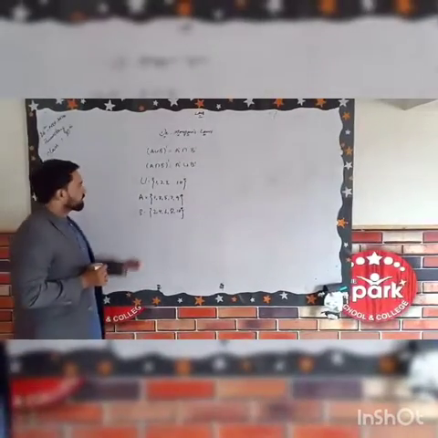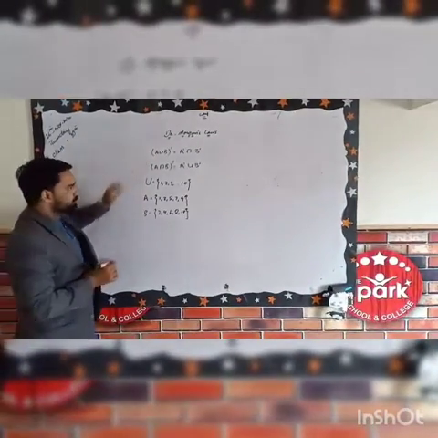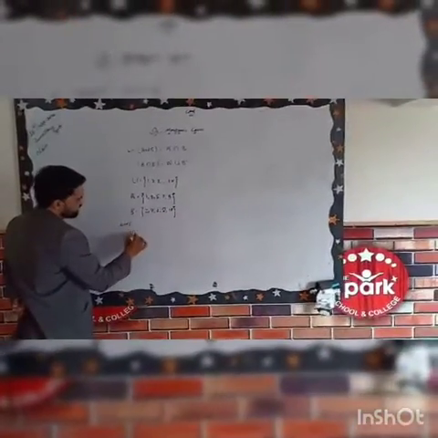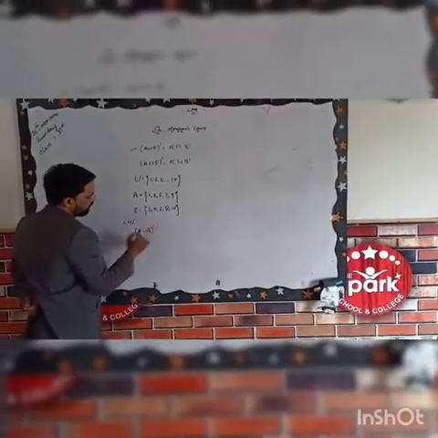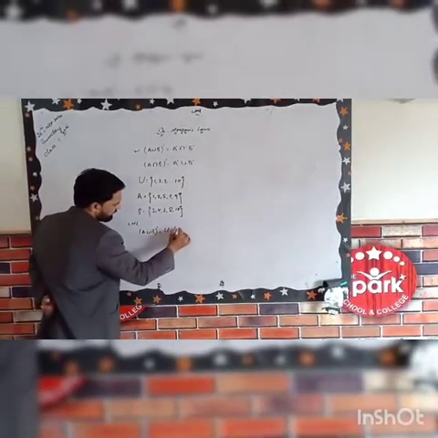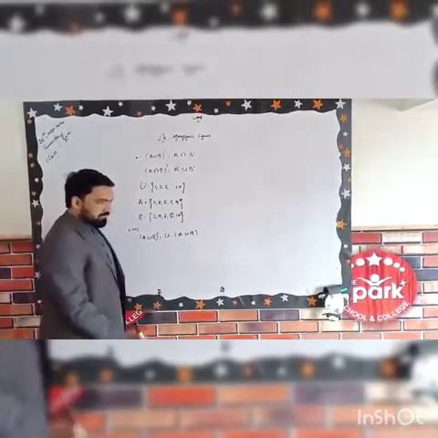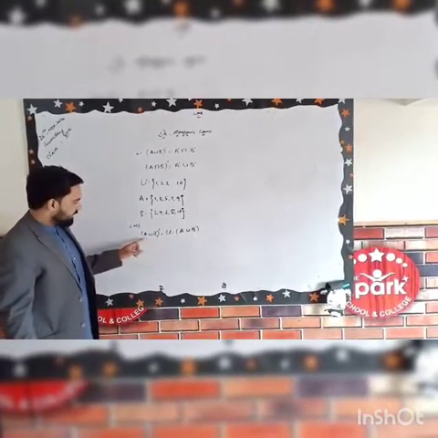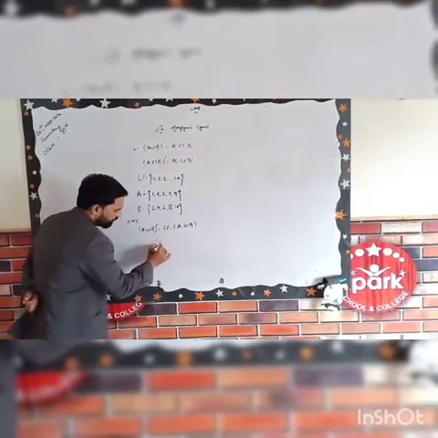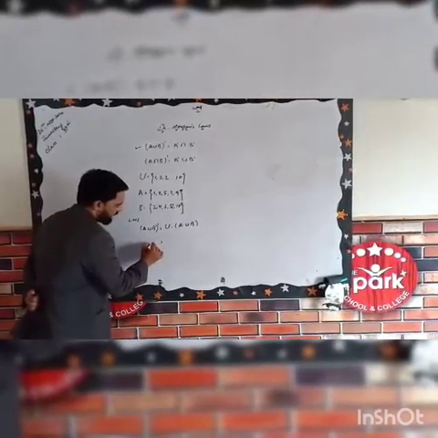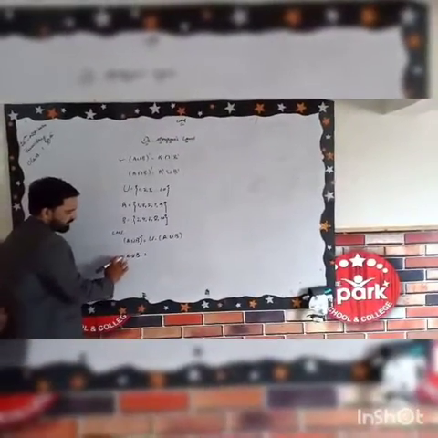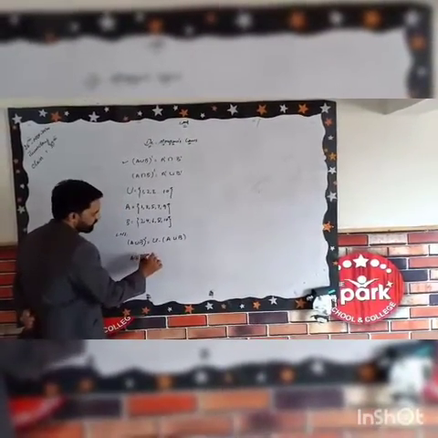Now we'll solve the first half. We'll solve the LHS of the first half of De Morgan's laws, that is (A union B) whole complement, which is equal to U minus (A union B). So that is a very clear picture for us, in which we first have to solve the bracket. To solve the bracket, you will write the elements of A and B, and you will take their union.